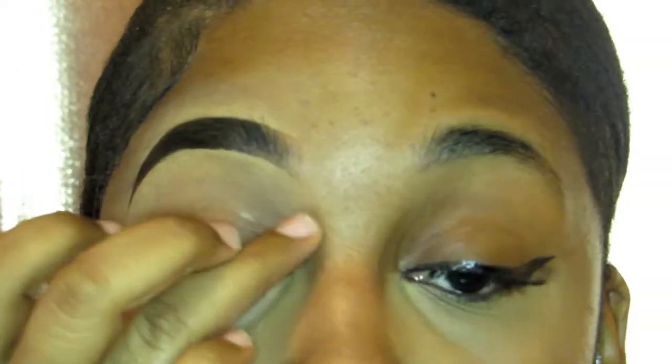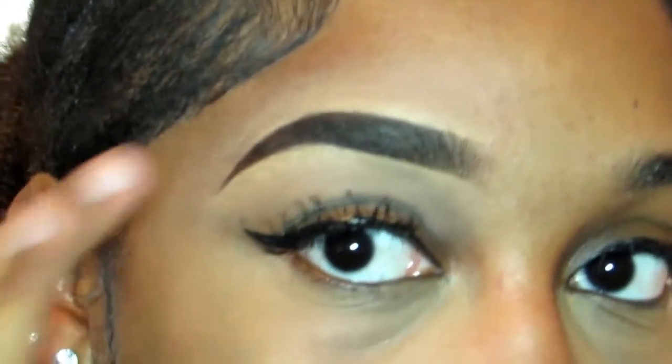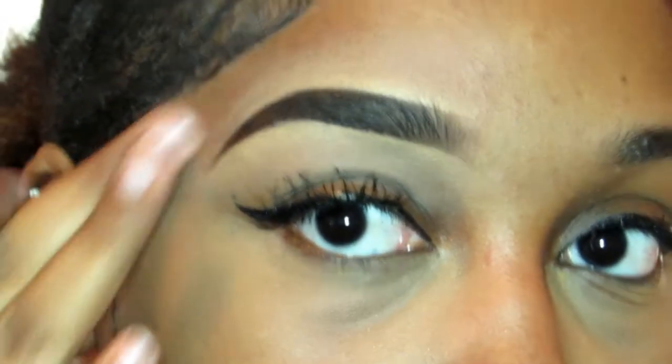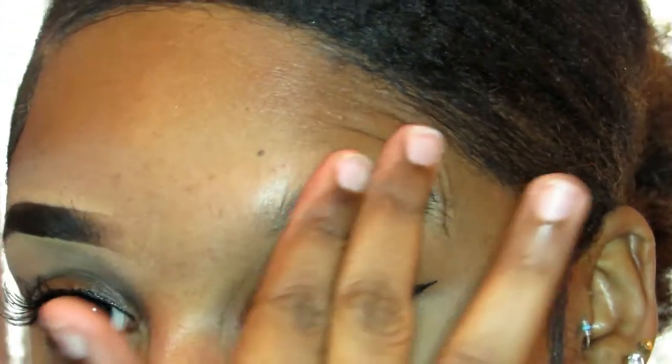And then of course, you're gonna blend out. I don't have any foundation or anything on. I just put a little bit of concealer and some liner and some lashes just for this video. But of course you'll blend this out with your foundation, so everything is even all over. But yeah, this is my, about to finish this brow and then